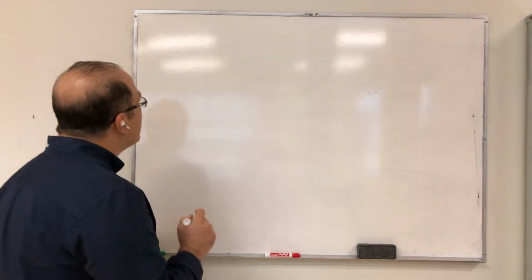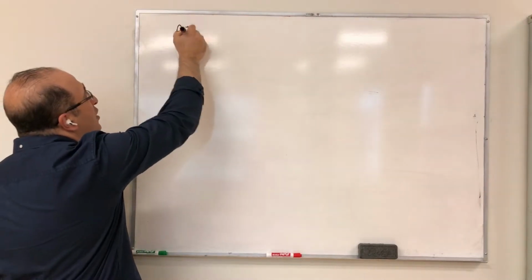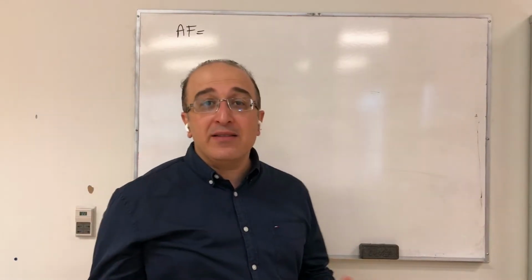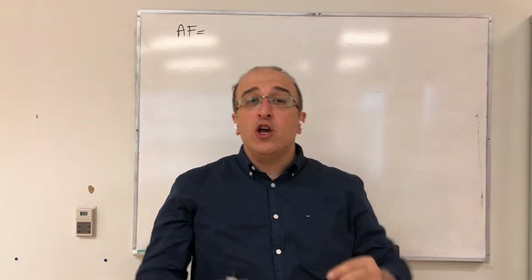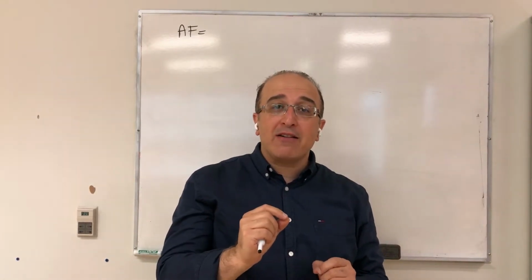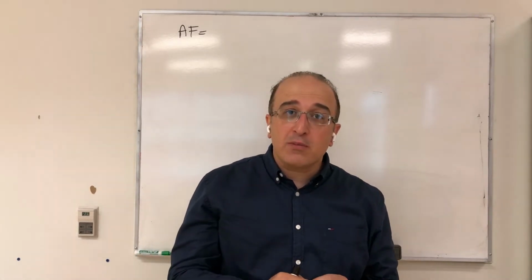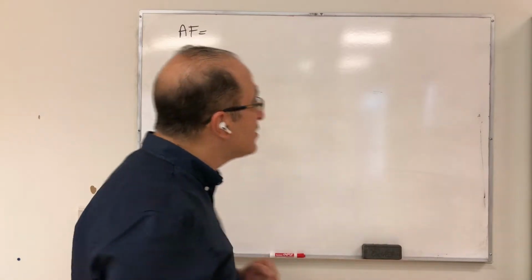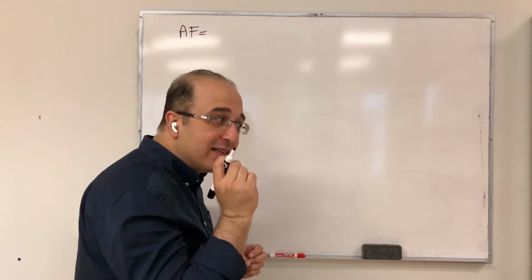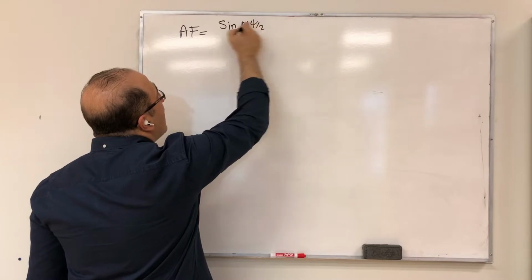So the main message in the previous lecture was the array factor, and when I'm saying array factor in this case, it is for an N-element linear array. That means the elements are on a line, uniform, that means the amplitudes are the same between the elements of the array, and the phase has a progressive phase shift of beta with respect to the previous element. So this is the constraint that we have. Under this constraint, and assuming that the phase center is at the center of the array, this becomes our array factor,